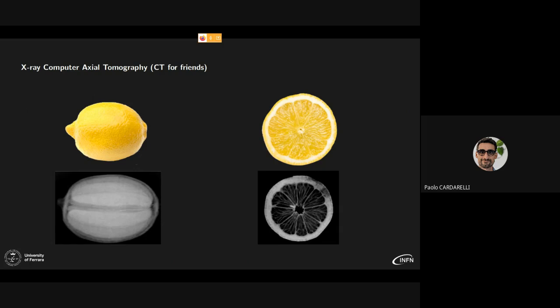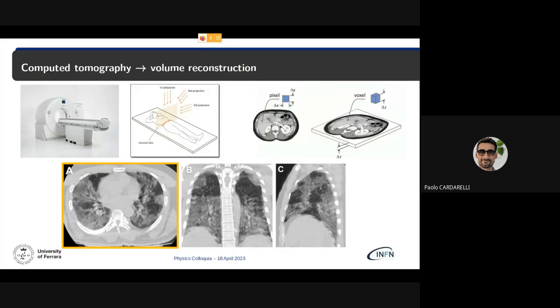You probably already know that we have at our disposal the so-called X-ray computed axial tomography, or just tomography, or CT in English, in which instead of getting a radiography which would be a projection of a volume on a 2D surface, what we can obtain is the radiography of a slice of that object. I bet that you are familiar with this, and you have seen this kind of devices and how it works. Basically, the idea is that we can, by making different radiographs around our patient or our sample for this thin slice, so we make radiograph